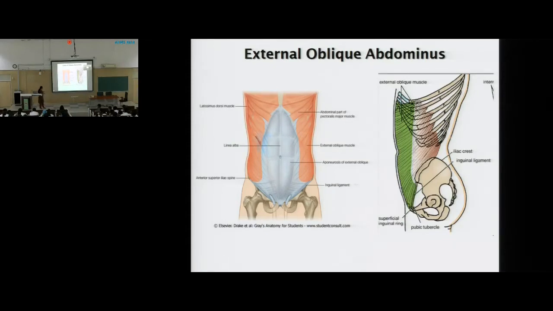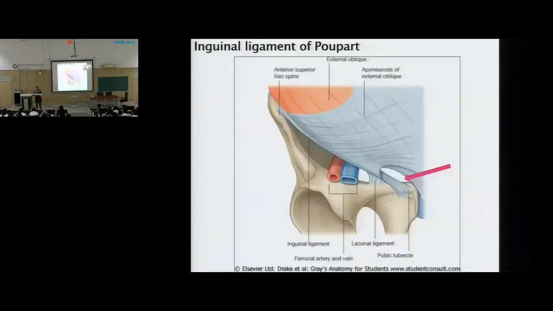Between the pubic tubercle and the anterior superior iliac spine, the lower aponeurotic fibers of the external oblique, or you can say the lower fibers of the external oblique aponeurosis, get folded upon themselves. They are going to fold posteriorly, upon themselves, and form a ligament called the inguinal ligament. Okay, that is the inguinal ligament. At the pubic tubercle, in this aponeurosis there is a gap, and that is called the superficial inguinal ring.